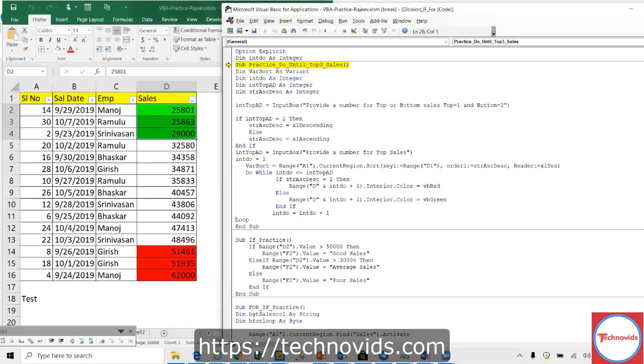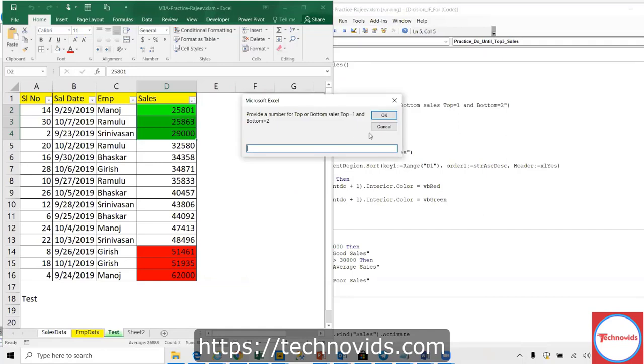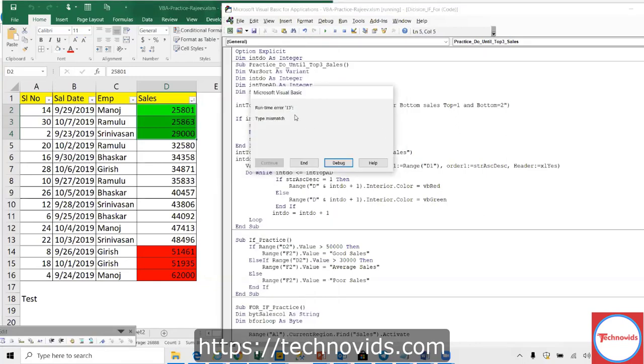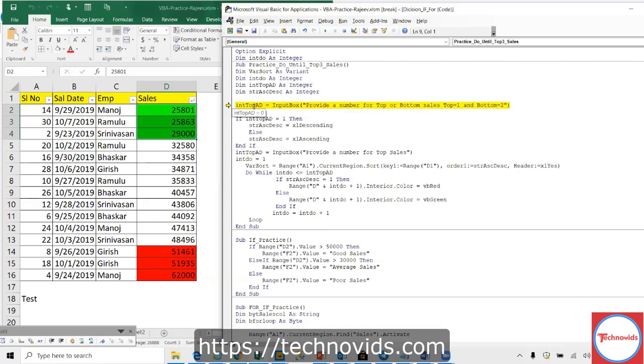This is called a compilation error. Some of the errors will pop up only during compilation. Then the last type of error is a runtime error. I think we just simulated that. If I do this and cancel, it's saying type mismatch, because I didn't give the input. It is expecting the input and I didn't give it, so it is confused now. So it's a runtime error.